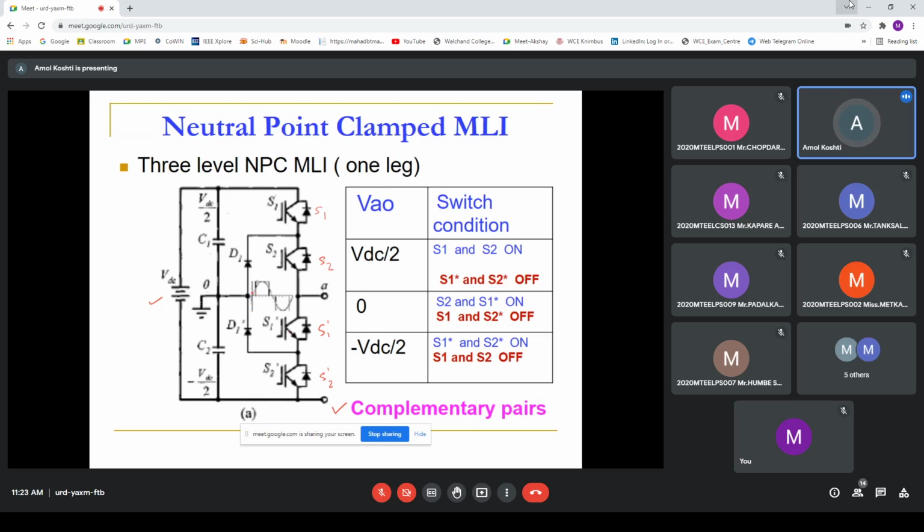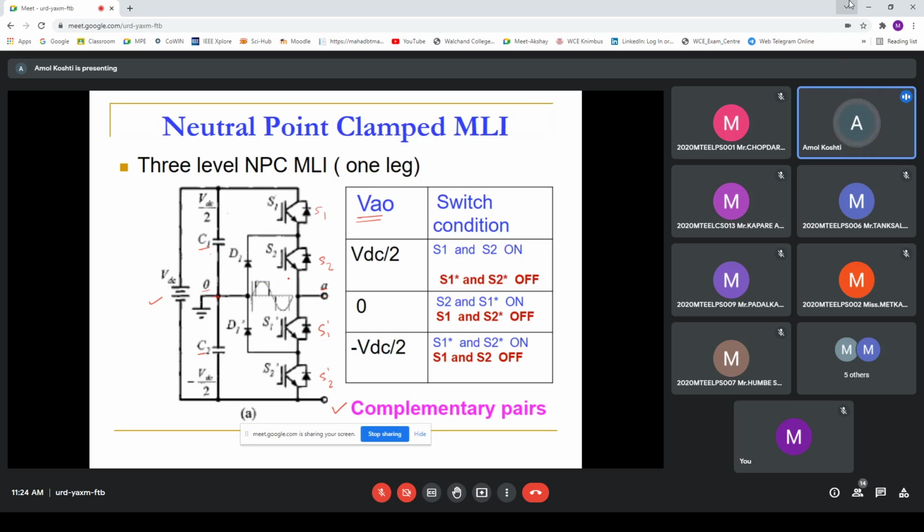Here you can see the nature of the output voltage is given. As this inverter is named the neutral point inverter, the intermediate point of the input capacitors, C1 and C2, is assumed here as the neutral. This terminal is grounded and connected here. In between a and o, we are connecting the load. Our concern is to see the output voltage across a with respect to o.